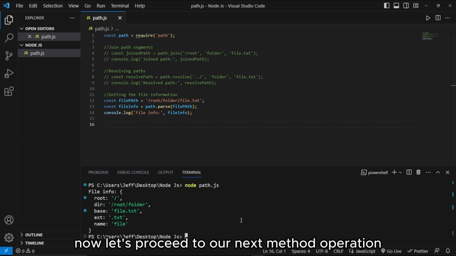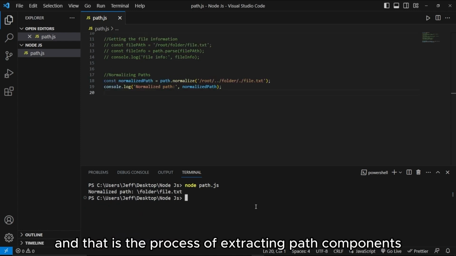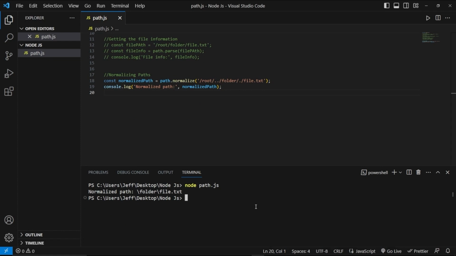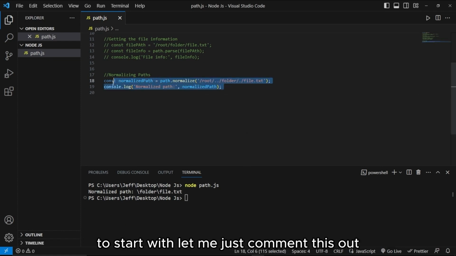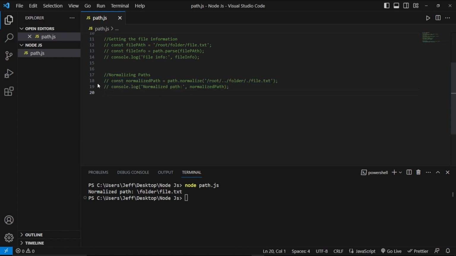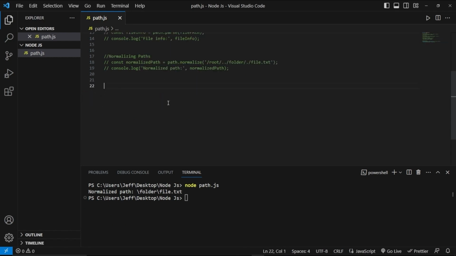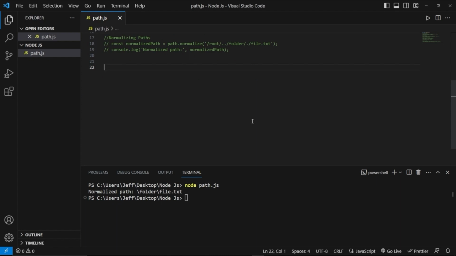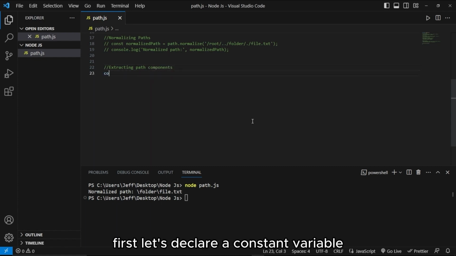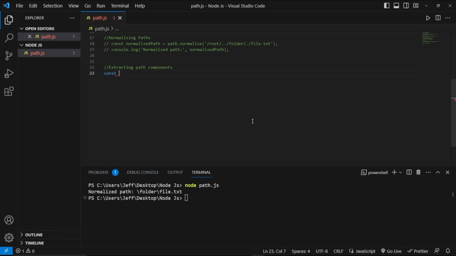Now let's proceed to our next method operation, and that is the process of extracting path components. To start with, let me just comment this out. Let us also add a comment, extracting path components. First, let's declare a constant variable. Let's name it directory name, followed by an equal sign,